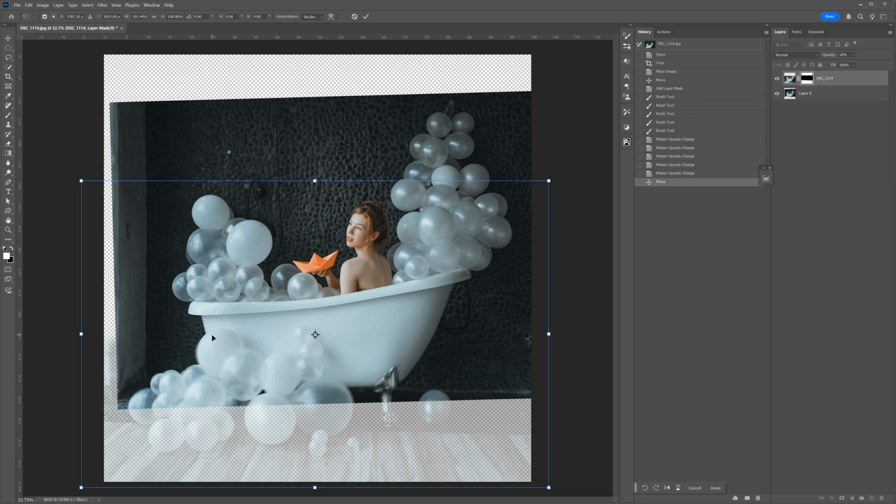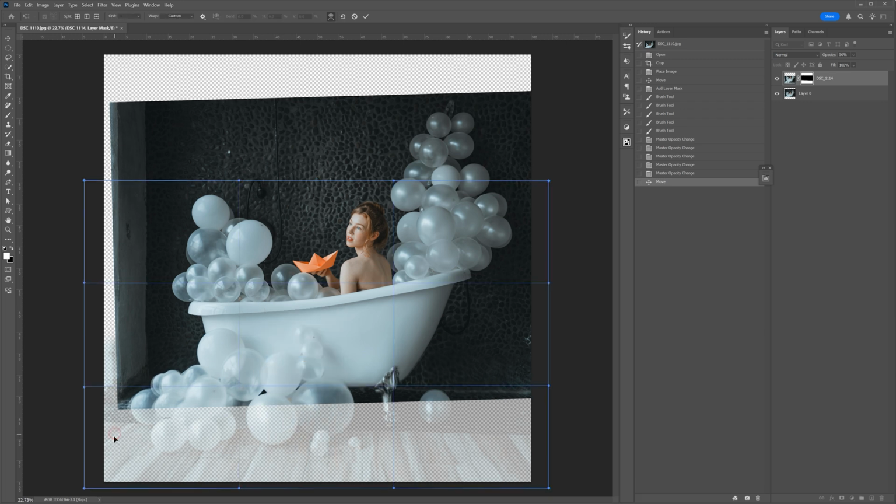For more flexible transformation, I'm going to use other options of the Free Transform tool. So I right-click on the mouse for the pop-up menu, and here you can see all these different options, and I'm going to choose Distort. And now I can transform my layer a bit more freely. For even more flexibility, I'm going to choose Warp